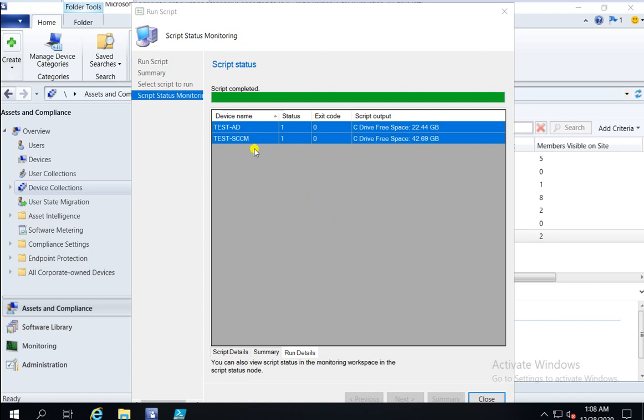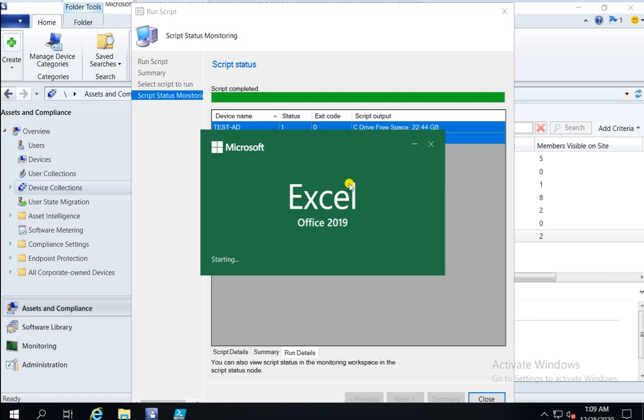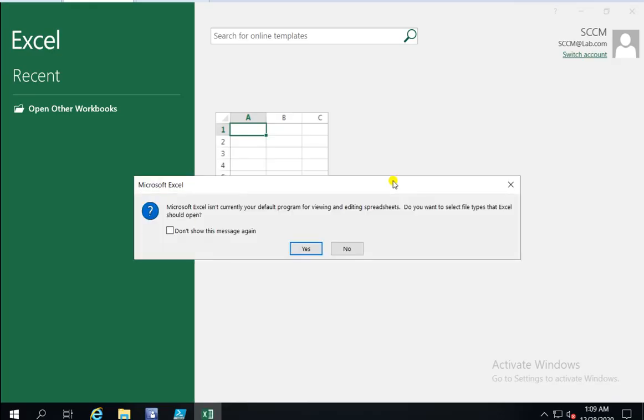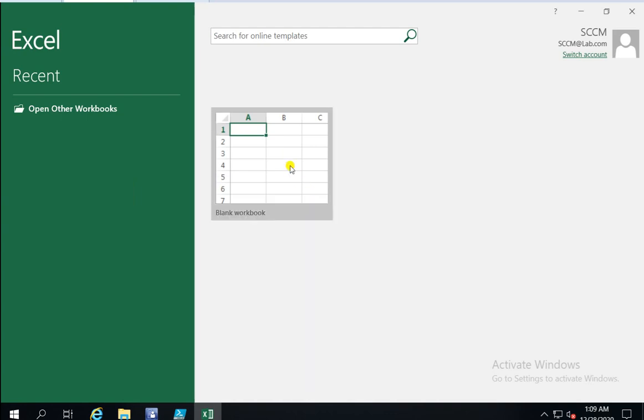If you have 100 machines, just select one, Control A, Control C, and you can directly paste this data into your Excel. This data is very friendly with copy and paste, and you can directly use it in your Excel. Let me go and copy paste it here. I will show how you can do it.